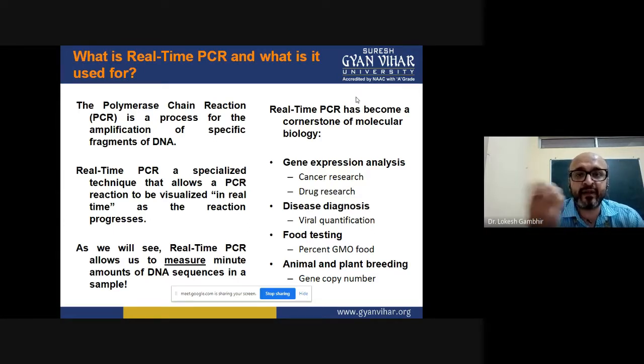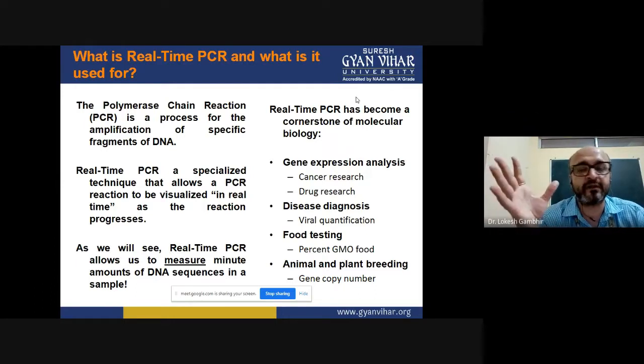All I need is to isolate the DNA. I will isolate the DNA, put the primer, and go for PCR. If I see any amplification, that means the template was present and the sample is infected with Mycobacterium tuberculosis. And the same is true with other viral or bacterial pathogens, as in the case of corona. And secondly, we can also determine the load of the pathogen.